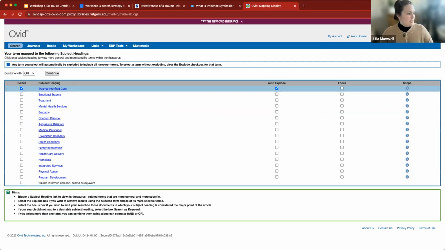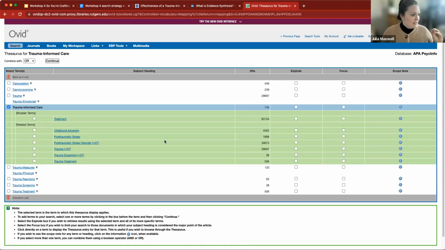And there we see there is a trauma-informed care subject heading, which is perfect. You can even click on it to see how it fits in the hierarchy of a thesaurus. So the way that these subject headings work is that they're kind of hierarchical. For instance, a broader term than trauma-informed care, as we can see, is treatment. There are related terms like childhood adversity, post-traumatic stress, trauma screening, right? So it shows you where things fit in the hierarchy, which can help you kind of identify